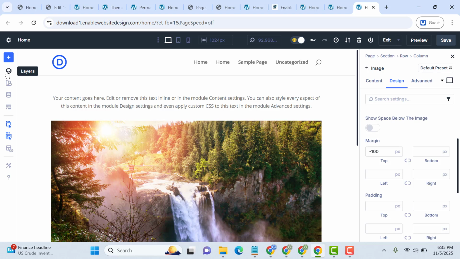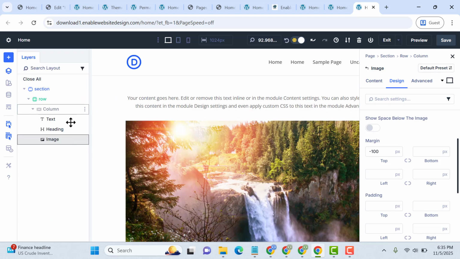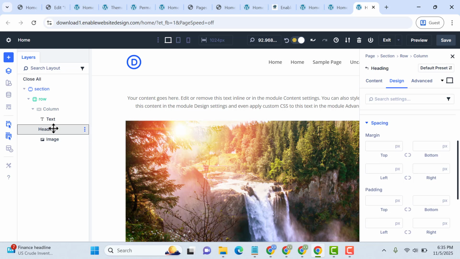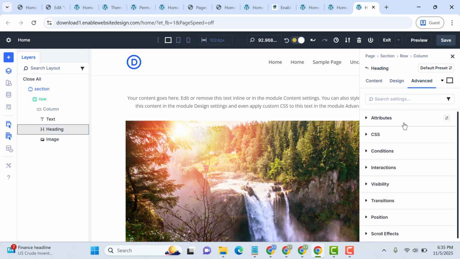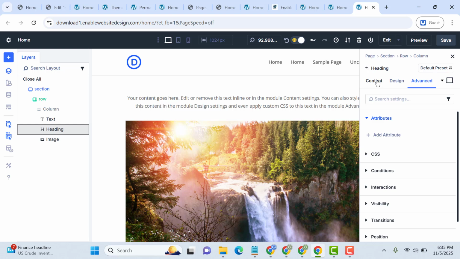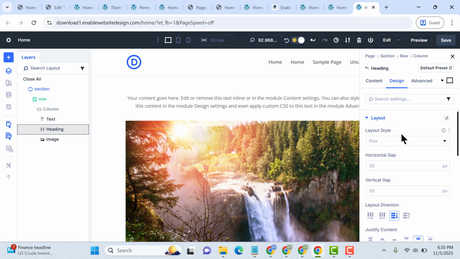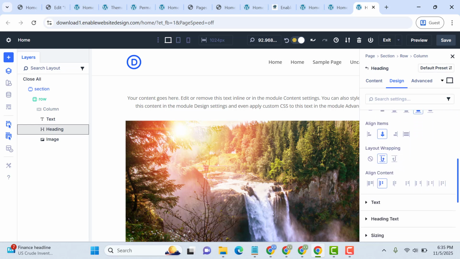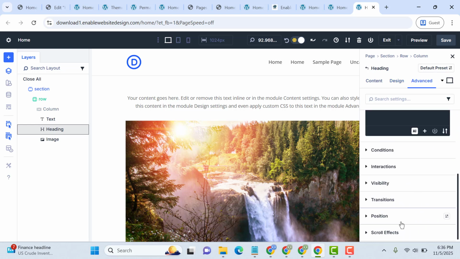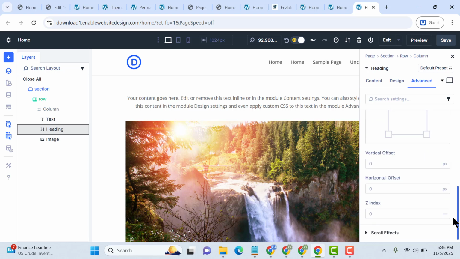Here you can see navigator. So you can see all the layers, text, heading and image. Here you can select the heading, then you can go here advanced tab, then here you can see attributes and different other things. So design tab, then layout, then scroll down, this one position 1,